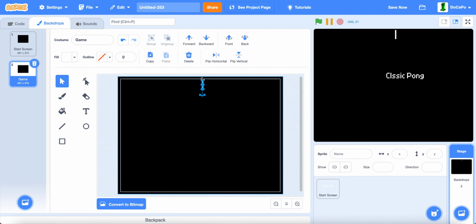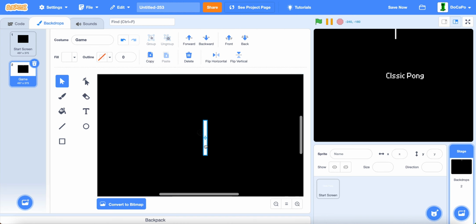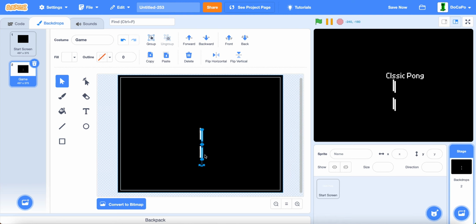Then make it a good size, place it in the middle, copy paste it, place it in the middle, press shift to snap it onto its x-axis, then repeat a few times until it looks something like